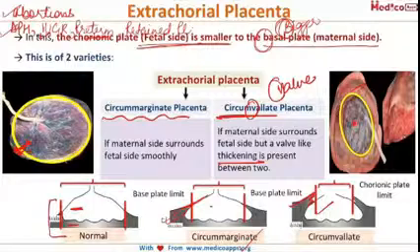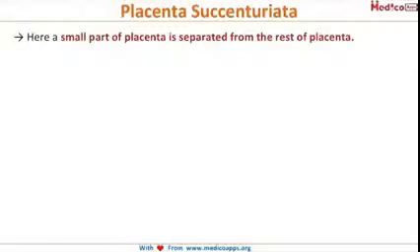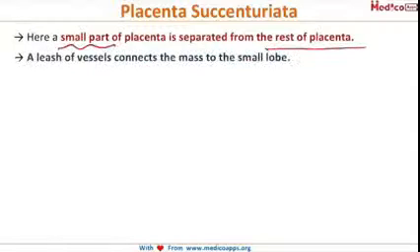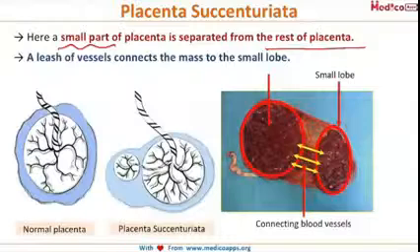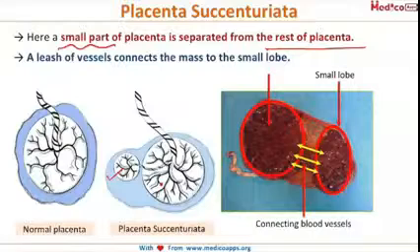Now, moving on to the next type of placental abnormality, it is Placenta Succenturiata, and in this, a small part of the placenta is separated from the rest of the placenta, and a leash of vessels connects the mass to the small lobe, as we can see in this diagram. Here we have the small lobe separated from the main mass of the placenta, and both are being connected by